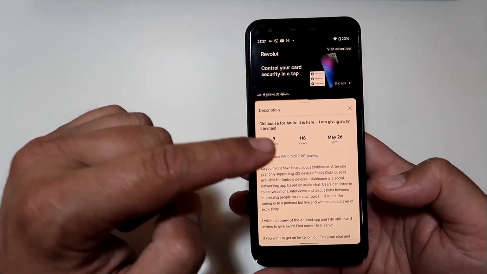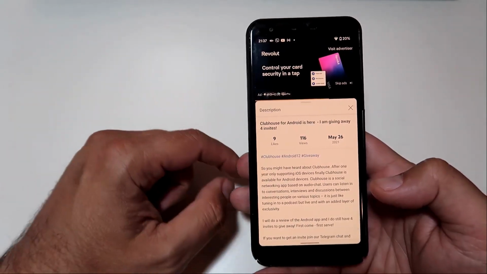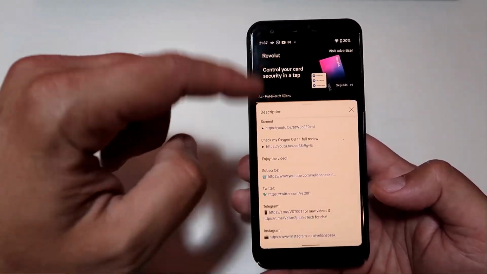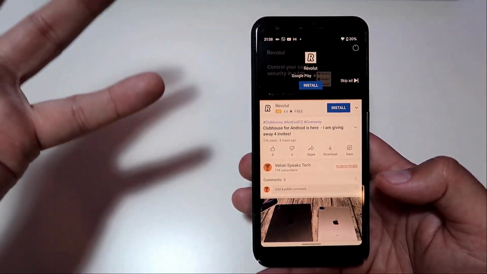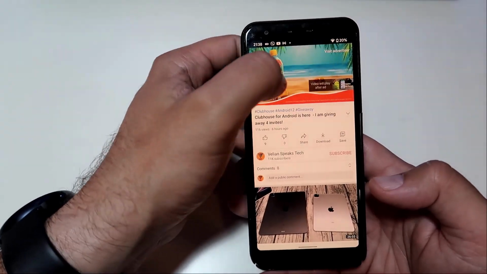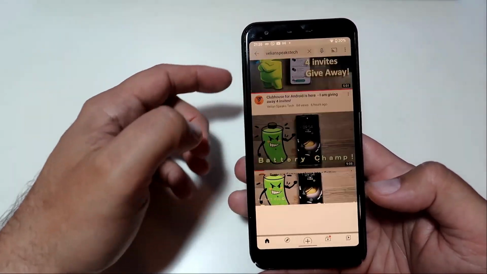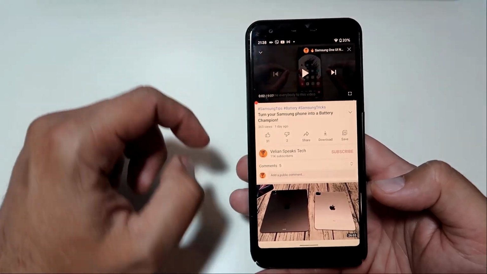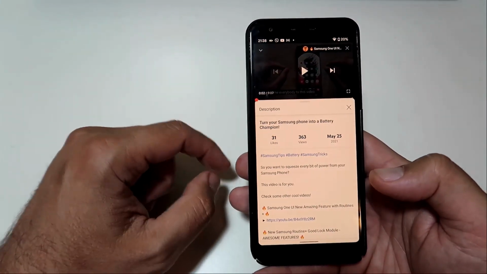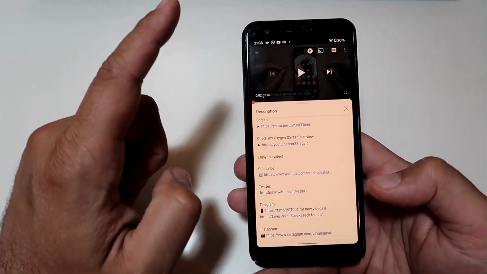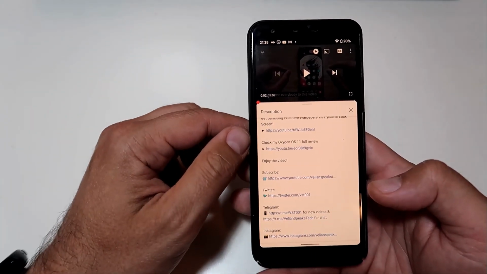How many likes, how many views, and the date of the publishing. If you have chapters, that's gonna be also displayed down below, and you're gonna be able to browse. I'm not sure why it doesn't really work for all the videos, but it does really work for most of the recent videos. If I check my video that I created yesterday, I'm gonna check here, see 31 likes, 360 views, and it was published yesterday. And again, down below you'll be able to find the chapters.